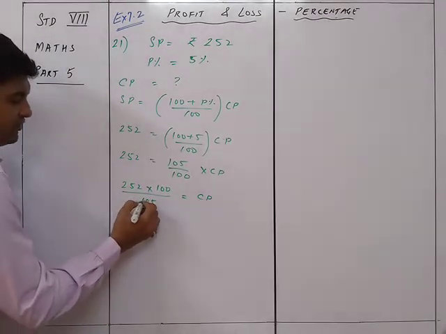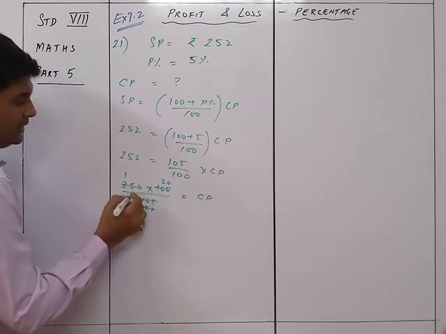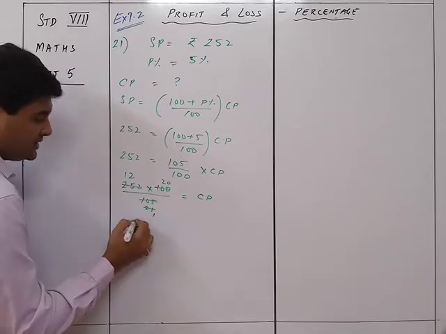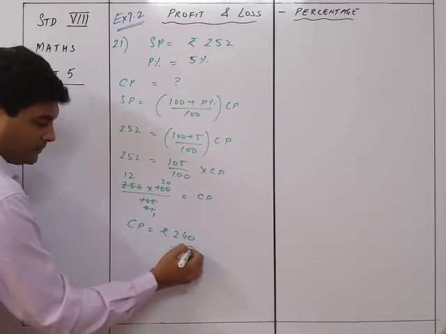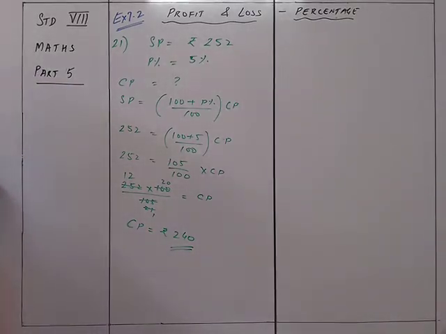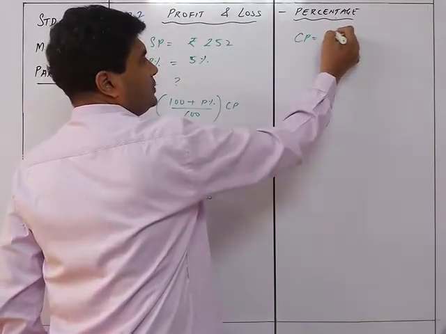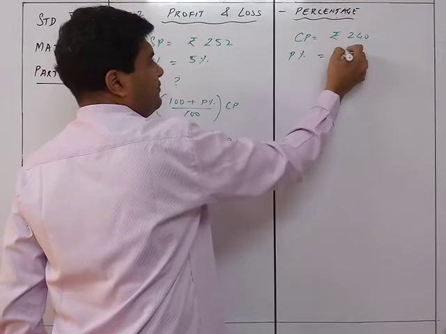So we now divide by 5: 5 21s are 105 and 5 20s are 100, and 21 2 1s are 21, then 42 is 2 12s. So that's why we are getting CP is equal to rupees 240. Now they told us that the CP is equal to rupees 240 and the profit percentage is equal to 35%.